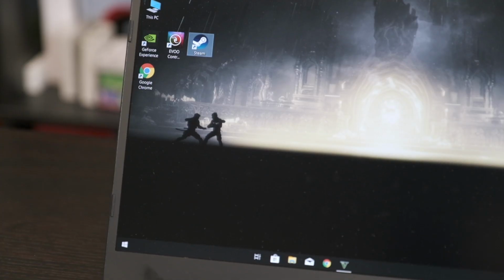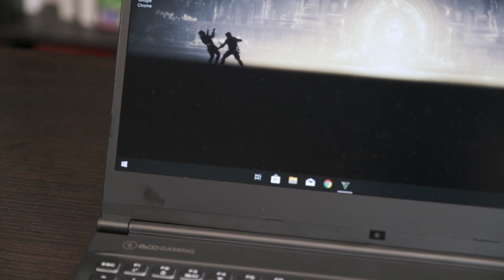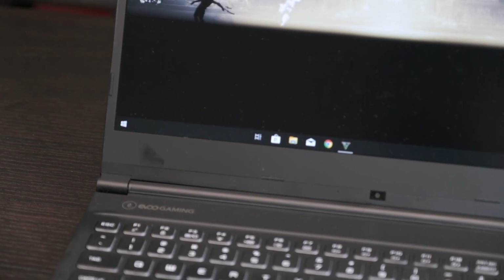There also is a webcam on the bottom of the display. I don't necessarily like that placement there, but it is what it is. It's not that great of a webcam as well, but it is there. And finally, I wanted to talk a little bit about the body, the chassis, and just overall feel of this